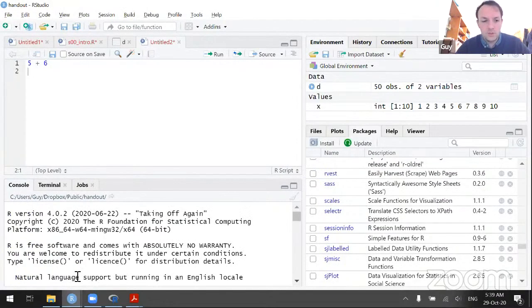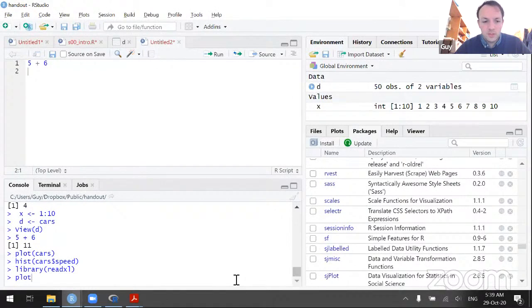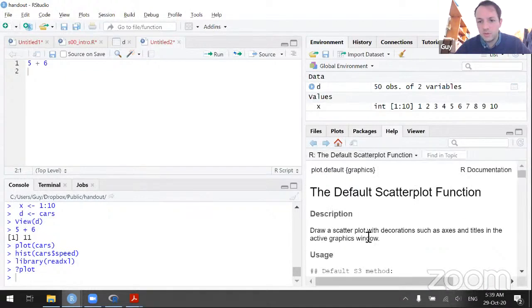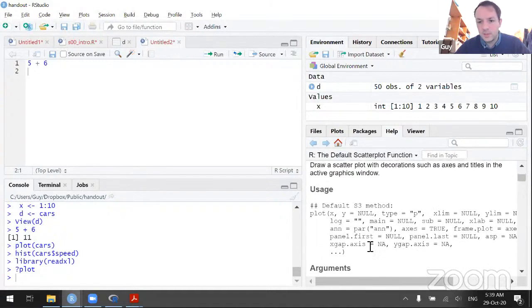Let's go back up here. If I do question mark plot, then it says there's 2 plot functions. So we can just click on the graphics one that we were using before. And then it's got the help file